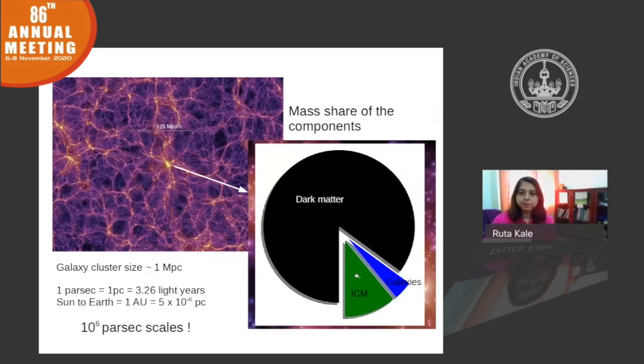About galaxy clusters themselves, they are composed mainly of dark matter. Most of the mass in the cluster is actually dark matter, and a few percent is in the diffuse medium and in galaxies that we can see in our observing bands. So this is the baryonic component and this is the dark matter component. Essentially all the gravity in the cluster is due to dark matter, and in this deep potential well are these baryons, and due to this deep potential well, this diffuse gas is trapped there,